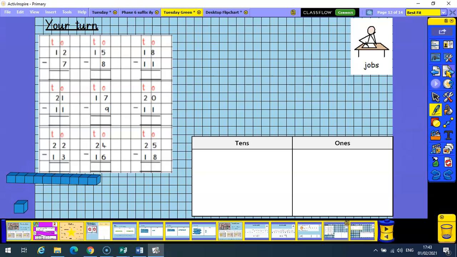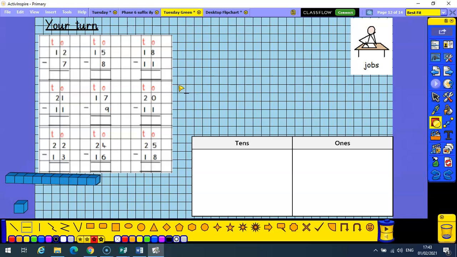Okay, so I'm just going to remind you how I want you to lay this out in your books. You can choose to use the maths subjects, like we did at the start of the video, and that would be okay. But sometimes that's a little bit too tricky, so instead of that you need to ask an adult to help you draw a number line. Okay, so you draw a ruler on your squares,